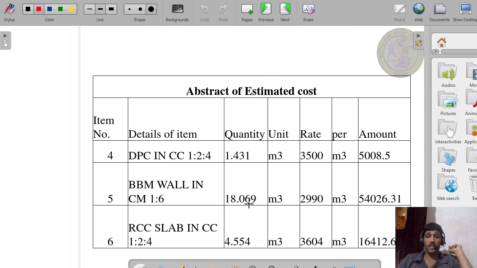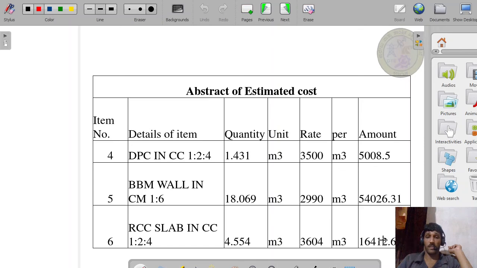BBM wall quantity is 18.069, nearly 18.1 meter cube, and the rate of 2,990 rupees per meter cube is given or assumed. By multiplying this, we will get 54,026 rupees nearly. Next, RCC slab in CC 1:2:4. The quantity we got is 4.55 meter cube, and the rate is 3,604 rupees per meter cube. By multiplying this,